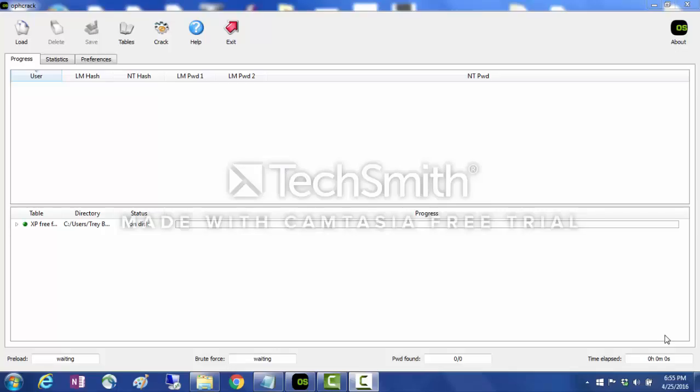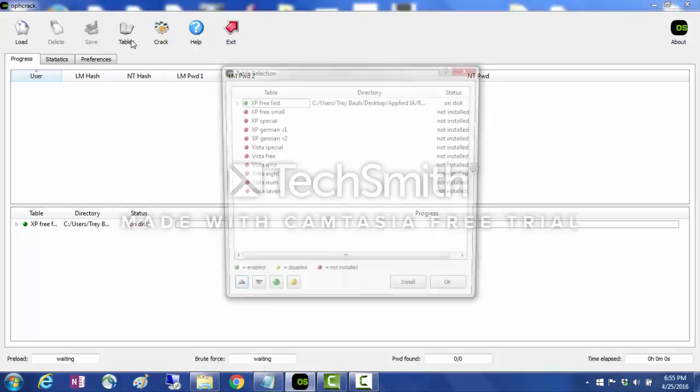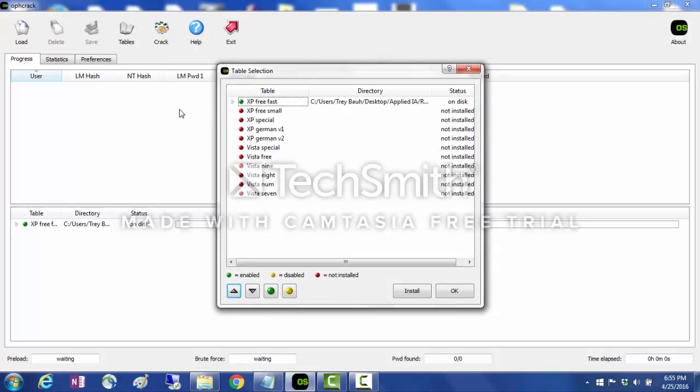Okay, now that you've seen what it looks like to actually capture those hash values from the target machine, the next step is to actually crack those hashes so you can see what the password is. What you can see on the screen now is the actual Ophcrack software. Down here at the bottom I've got a table loaded up, which is our rainbow tables. If you click tables up here at the top, it shows you I'm using the XP free fast table,